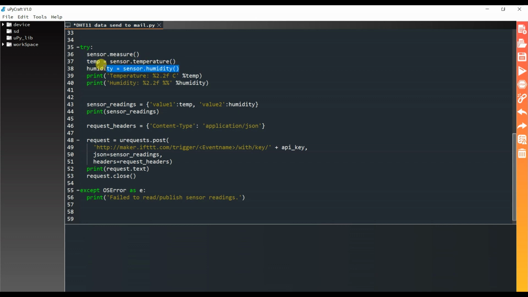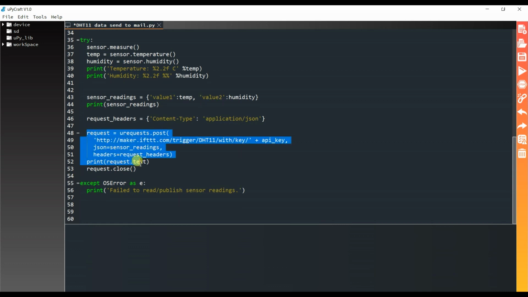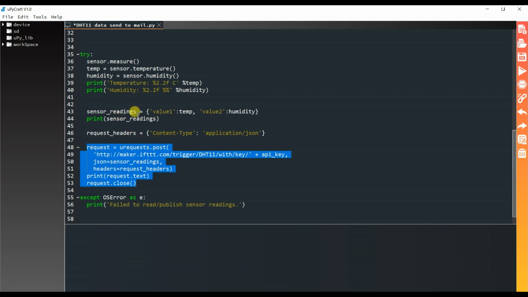Here are the temperature and humidity variables; they will store temperature and humidity. And here the sensor readings. I will type here the event name, DHT11. Here our board sends a request to send the data.